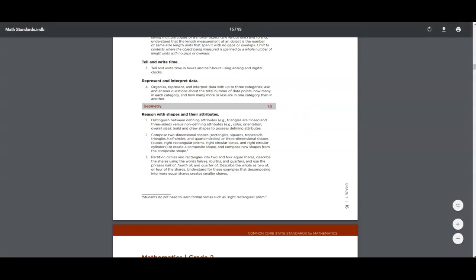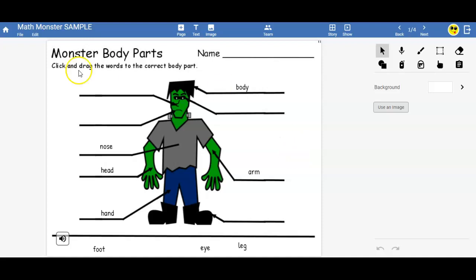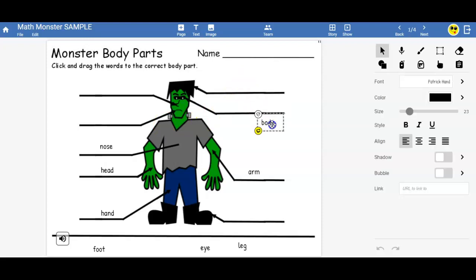So what I would like to do then, and I'm going to go back to Wixie, is I took this month-by-month template, and again, this isn't the template I would use, but I would use something or generate something very close to it. Obviously, you can see the kids have already done this a little bit. This is my sample. And the kids have clicked and dragged the words to the right spots. And as you see, I've done a lot of them wrong on purpose, just to, again, demonstrate that there's no